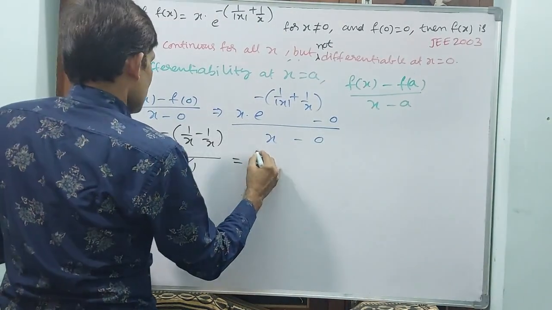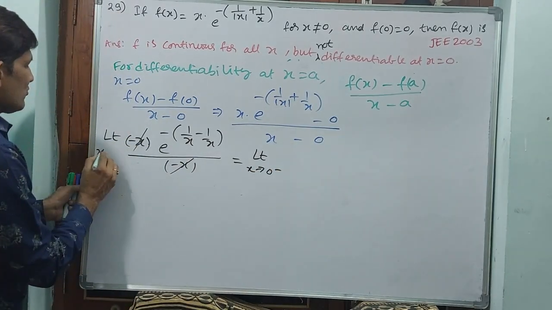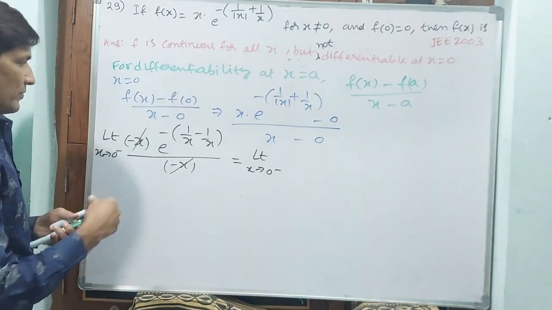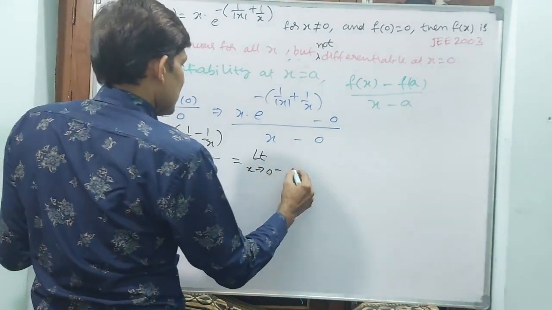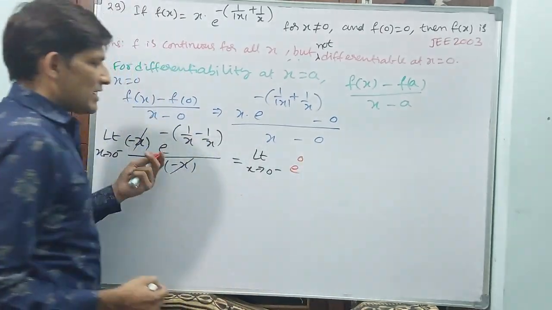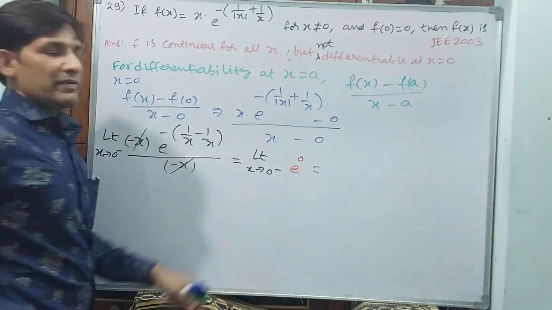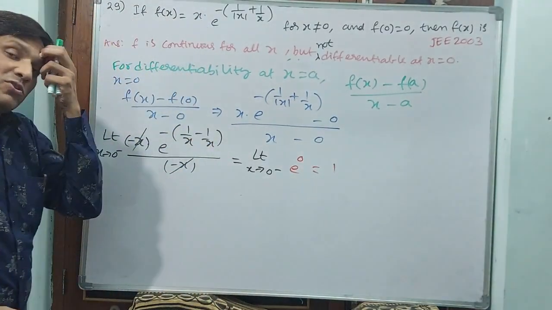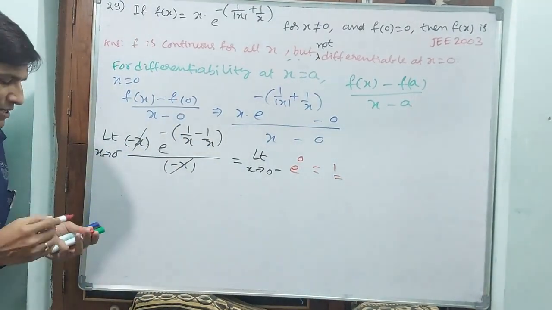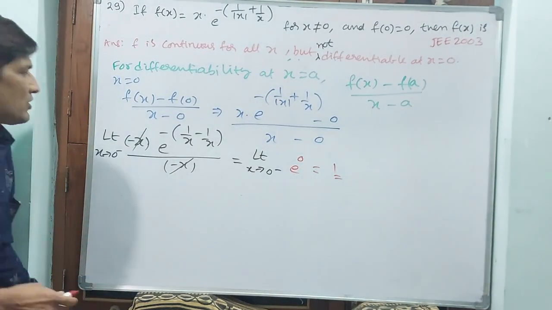That means you see limit x tends to 0 minus. This is where you write x tends to 0 minus. Okay. e power plus 1 by x minus 1 by x. Simply 0. Why? Because the minus 0 will not be there. Simply 0. That means what will happen? Without application of your x itself, it has become 1. Why? Because e power 0 is 1. That means this value is 1. What is this? Left hand limit, 0 minus. Now I am going to see right hand limit.